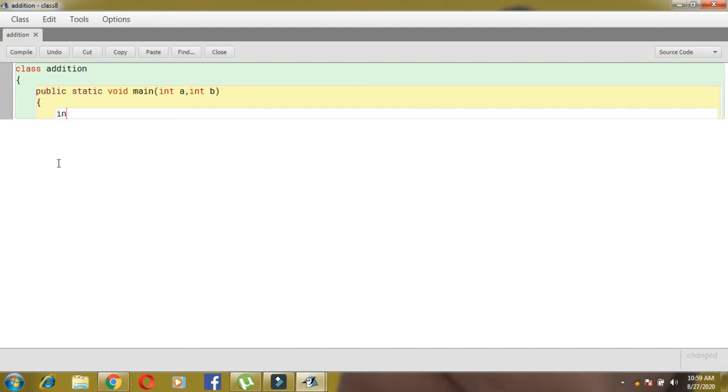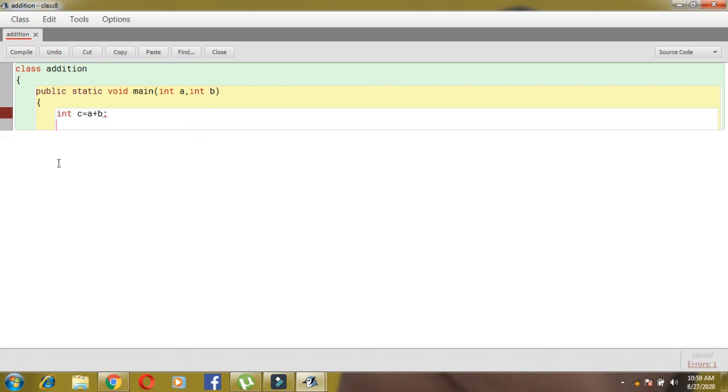Okay children, now the calculation will be stored in another number variable, that is c is equal to a plus b. Okay, that means c is again another integer type variable which will hold the addition value of a and b. And finally our work is over, because our work was addition of two numbers, where we asked two numbers from the user, and finally we have added the two numbers and stored the result in the variable c. Okay children, up to this much is clear.